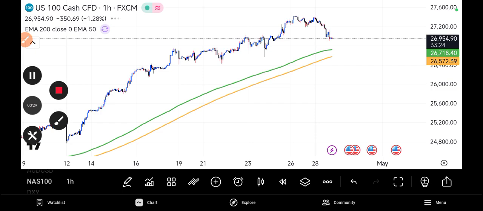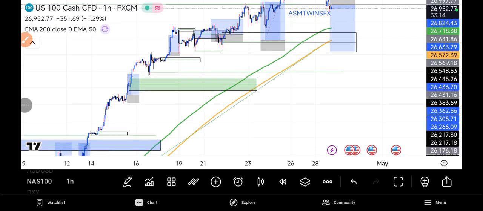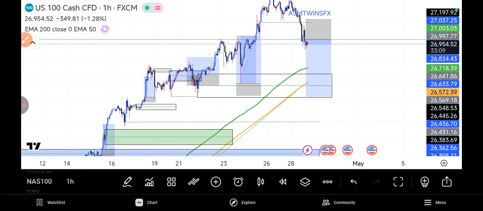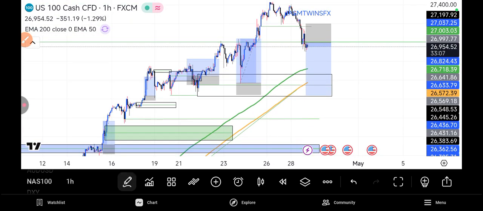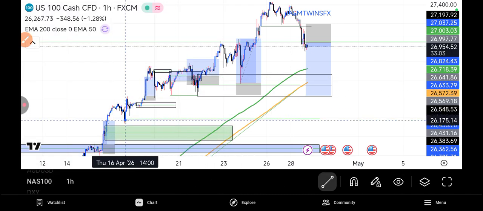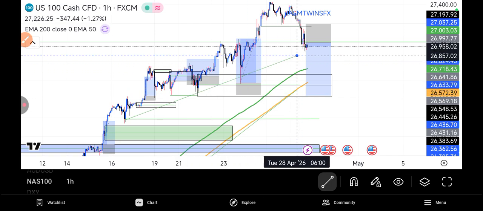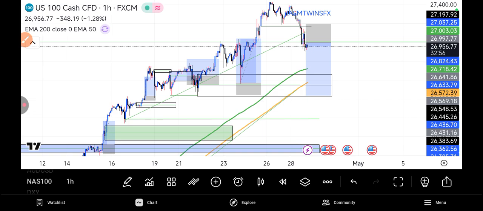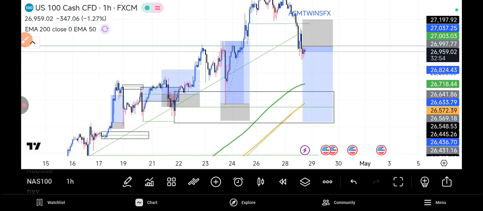You can remember vividly I said I'm expecting price to fall because we have to fill those imbalances, which is the left behind imbalance, or let me say the trend line liquidity at this area. Let me draw a trend line liquidity. You can see it, the trend line liquidity, this area, which is a break of structure. So we are expecting price to react from this open.